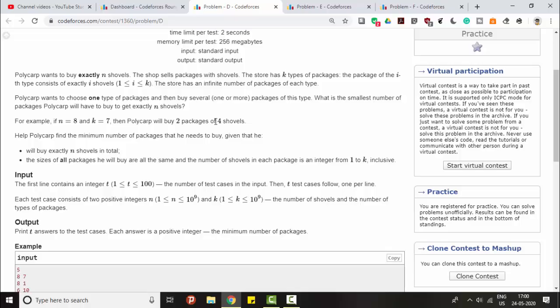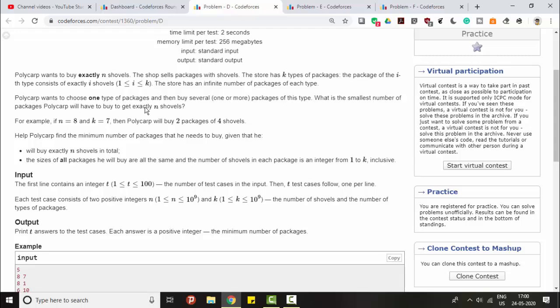So he has K types of packages of shovels, and each particular set contains the same type of shovels, and he wants to buy a particular package and achieve his need of n shovels.